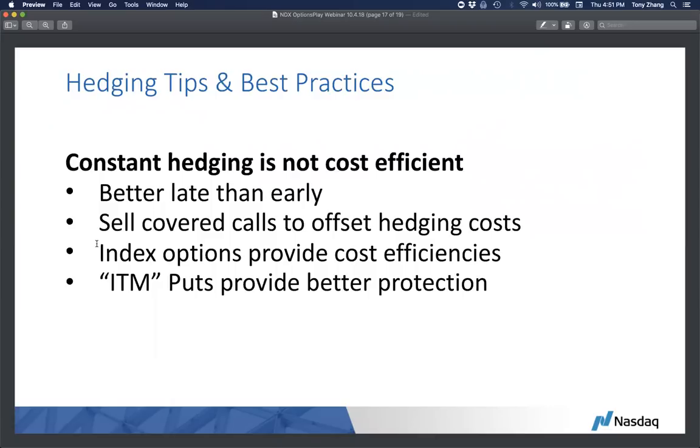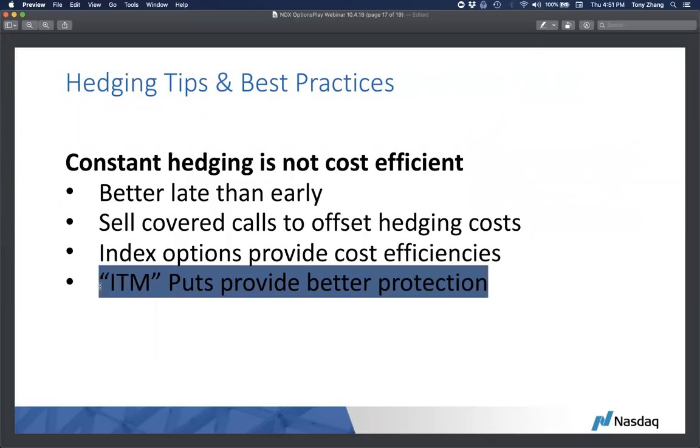So usually a little easier to manage when it comes to portfolio hedging. And lastly, this is more so based on the illustrative purposes that I'll show you guys with OptionsPlay in the last couple of slides. The in-the-money puts provide better protection during a portfolio hedge, during a market correction, because you typically want to use